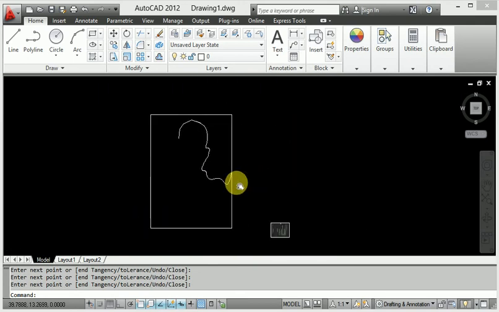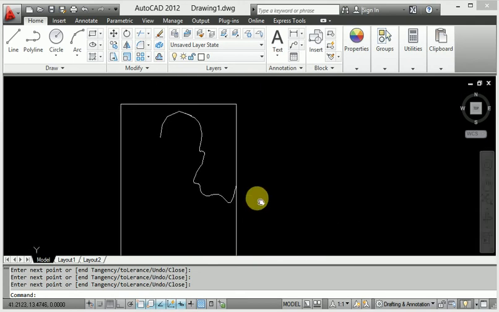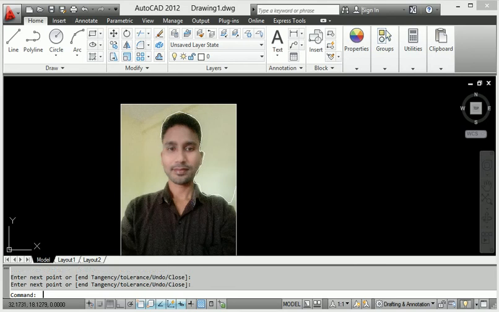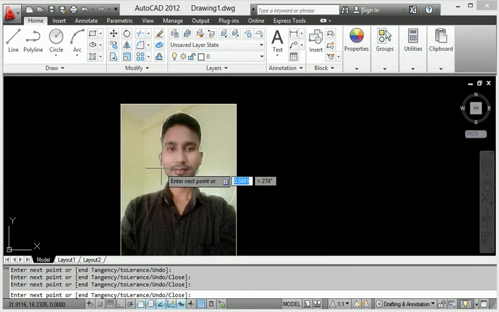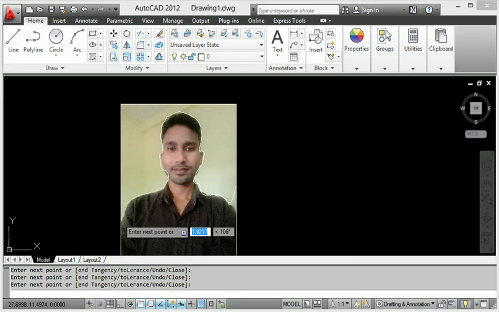So this is this type of stretching process of AutoCAD. If I want to stretch another side the easy way, again I will go to stretch in AutoCAD. So this is very useful for stretching work in AutoCAD. Look at this.